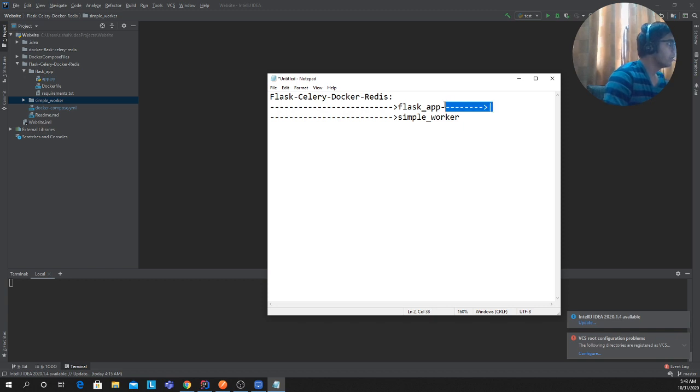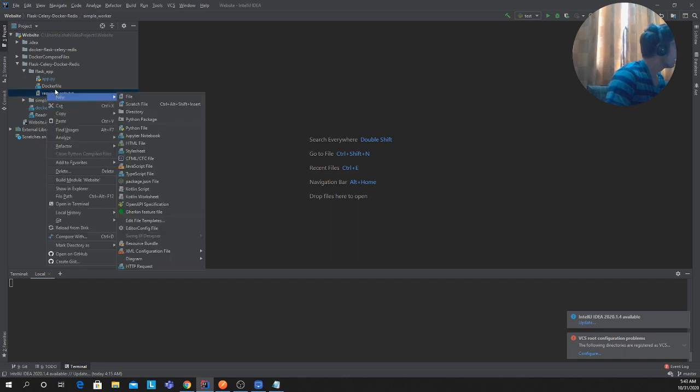I'm trying my best to make it as basic as possible. So the Flask app has the following components. The Flask app would have a requirements.txt file.